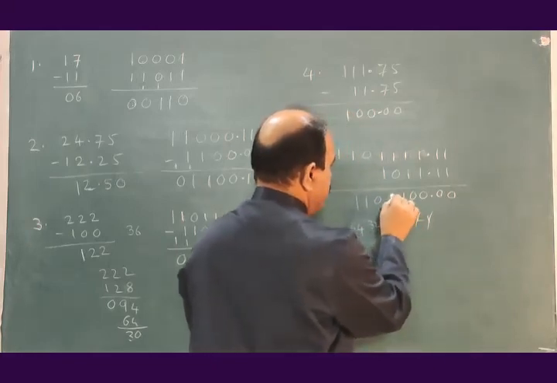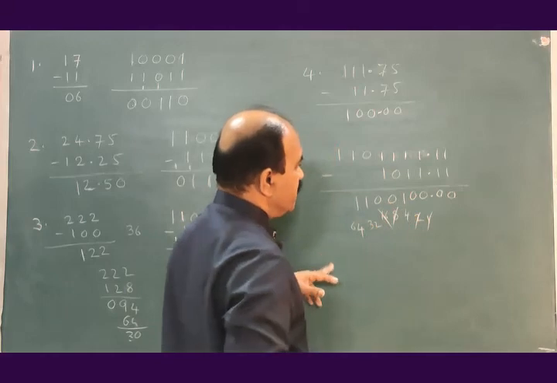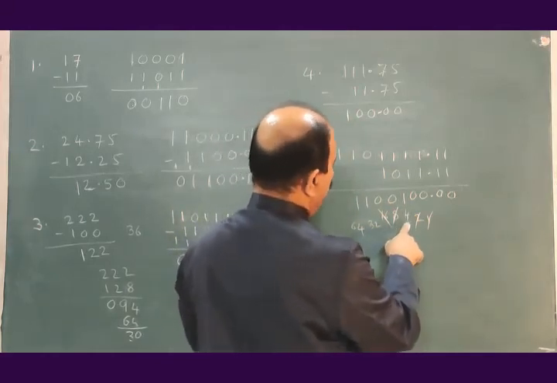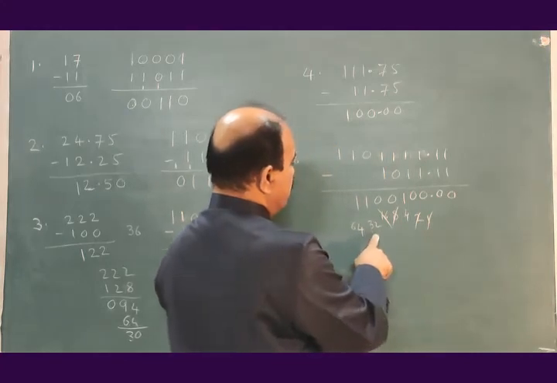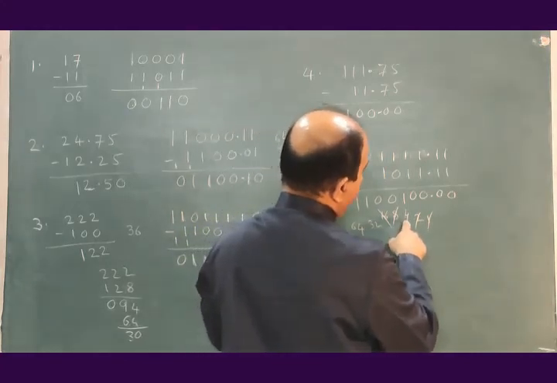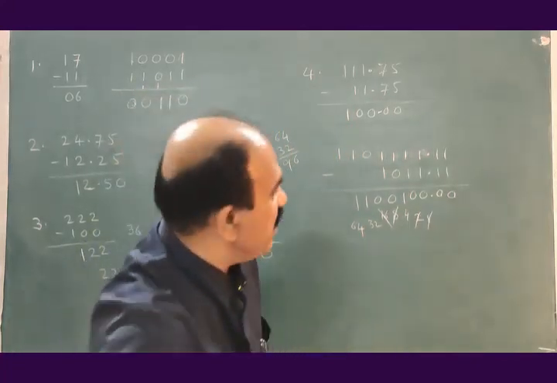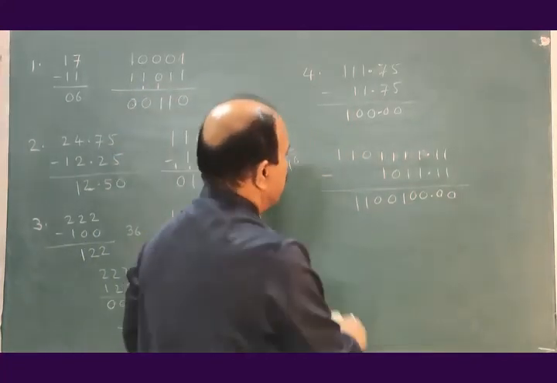Okay, this is also 0. So this 8 is to be cancelled again. So what is left? 64, 32, 4. 64 plus 32, 96. 96 plus 4, 100. And so this is the correct answer.